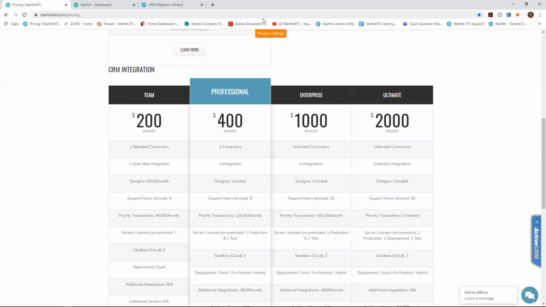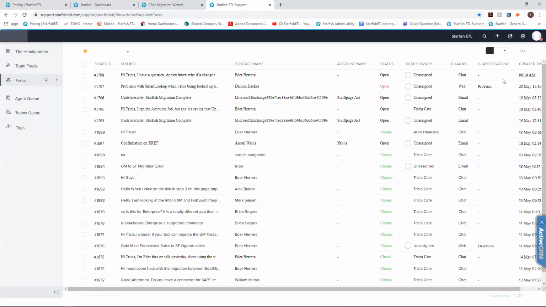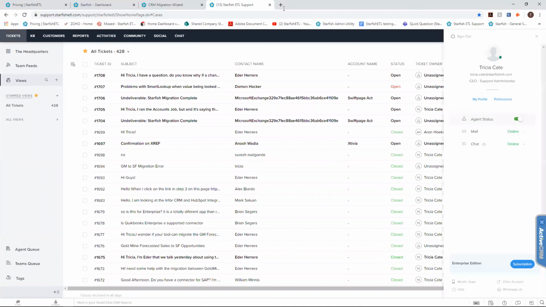Let's see if I can move my little Zoom guy here because he's in the way. Move that and I'll show you our support. So this is a somewhat new support portal and we're pretty happy with it. Oh, actually this is going to pop up, well, we don't need to look at that. Let's see if I can log out really fast. Log out, log out. Okay, well, we don't need to see the admin for the support portal. But anyways, you go to